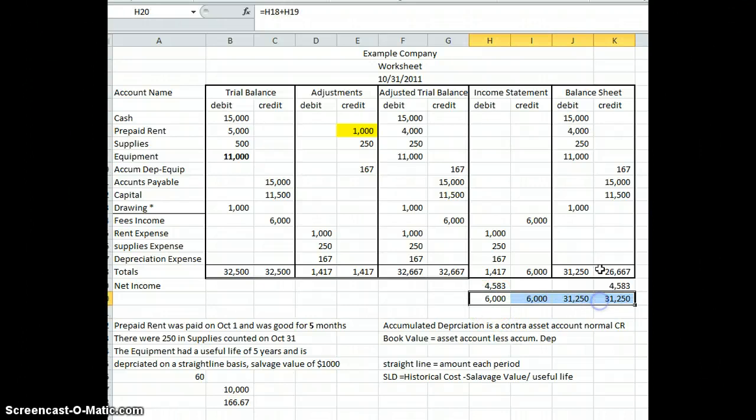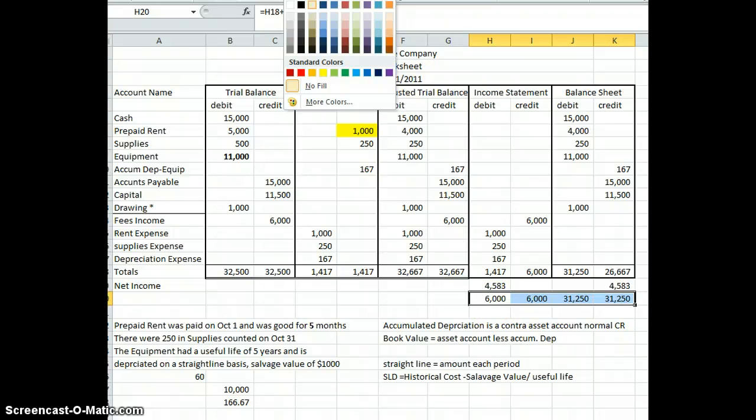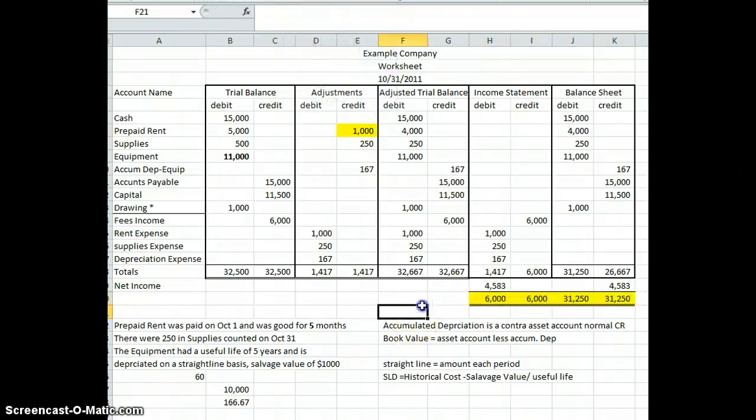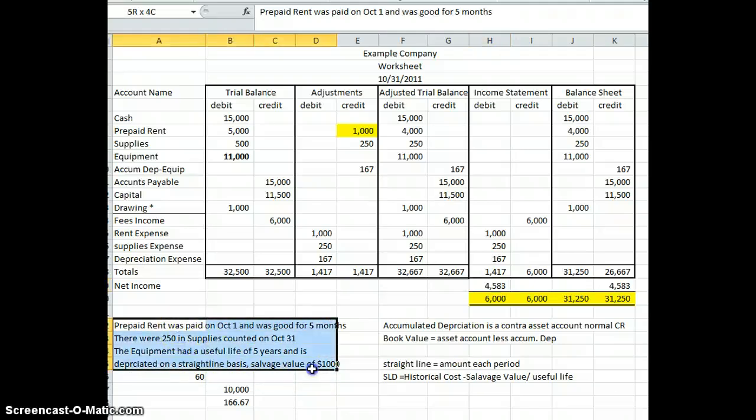We have all the columns at the bottom, the debits equaling the credits. And again, the reason why we're not going to equal here is because we're not doing a statement of owner's equity and we have to calculate net income. Because if this was always equal, our business wouldn't be a business very long because they wouldn't have any income. So that is how you do a worksheet. It does seem like a lot of columns, but really it's quite simple if you take the columns one at a time and just pay attention to your additional information.